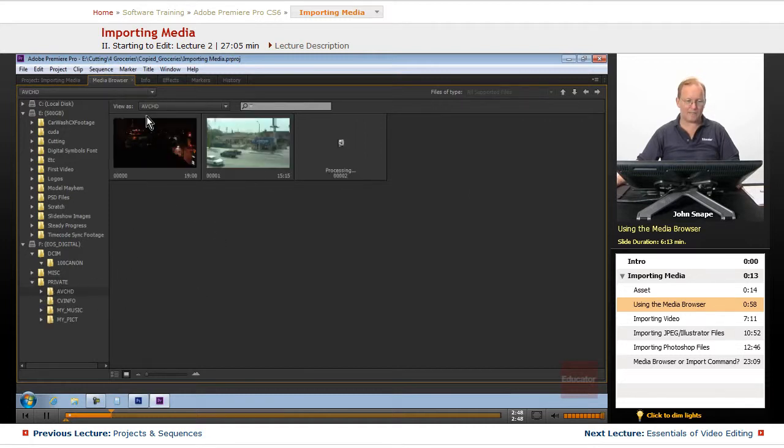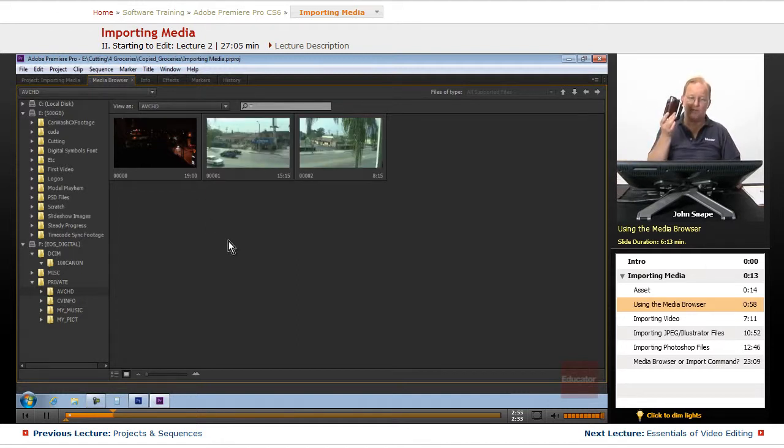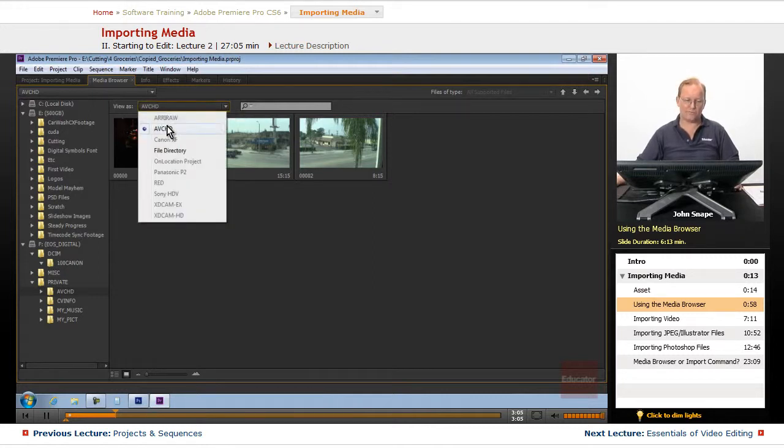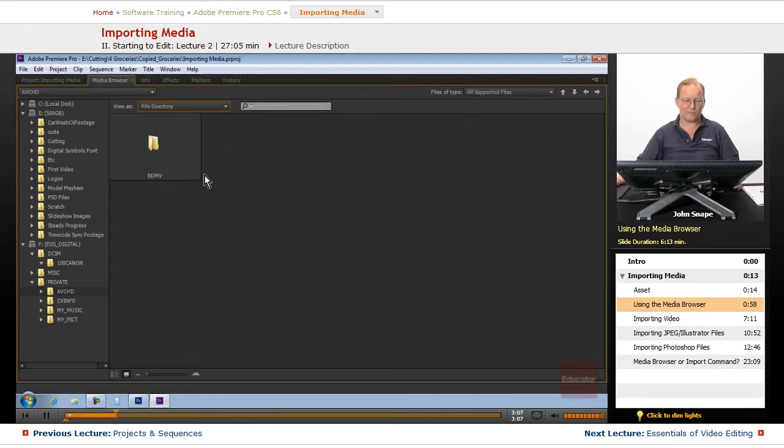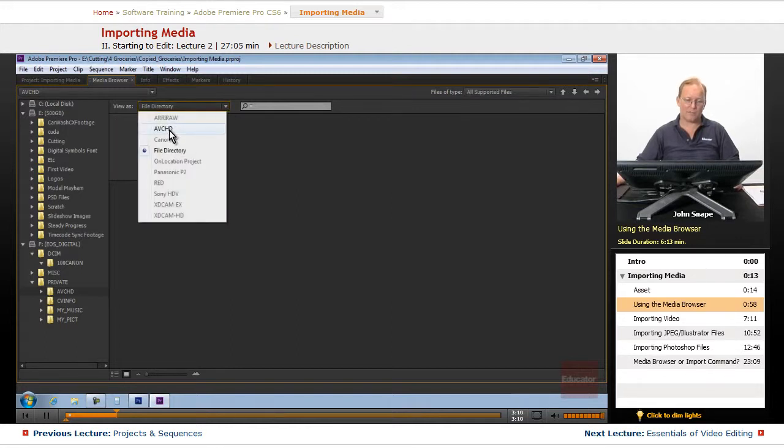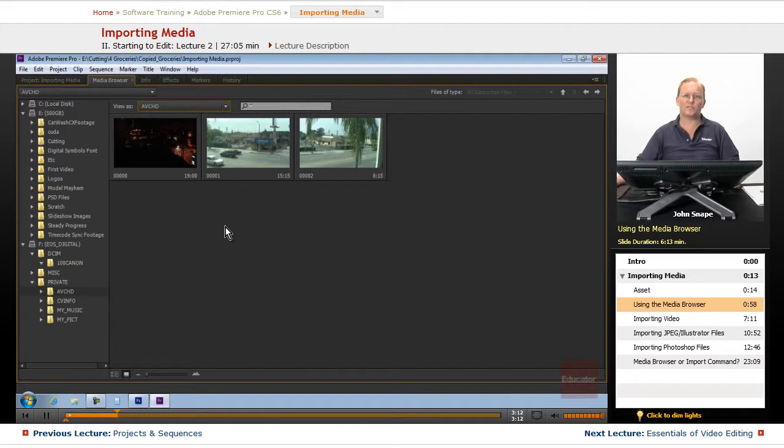And you'll see that it automatically chose AVCHD, which is the type of video that this camera takes. It automatically chose view as AVCHD. Now you don't have to have it choose to view it like that. You can still choose to view it as a file directory, but it will make it much better if you